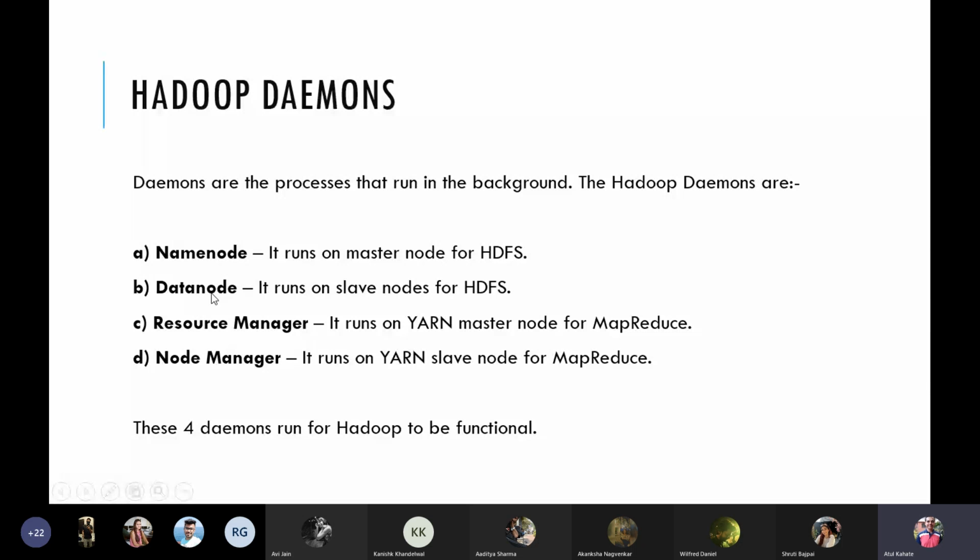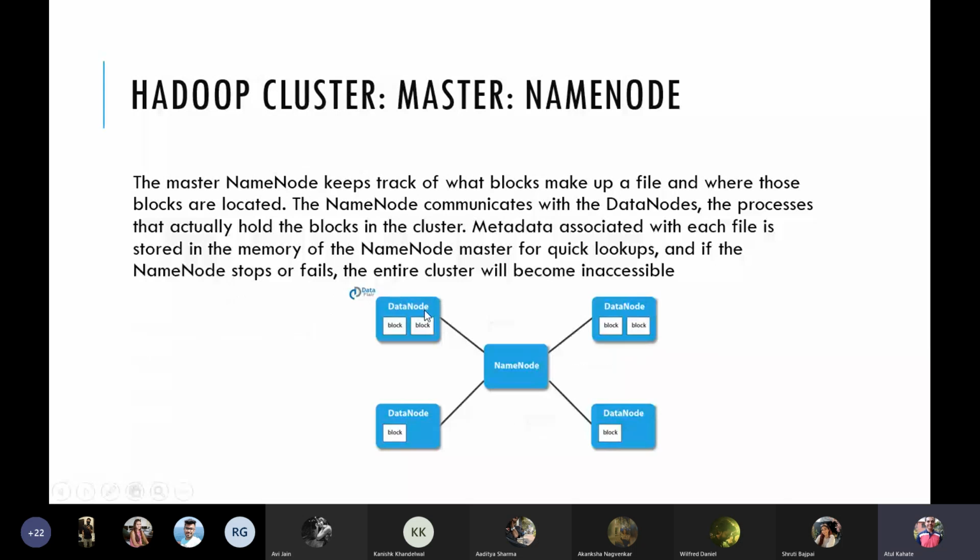Data node is the one which runs on the slaves. The name node is responsible for the creation of any data file and also accessing it whenever the user requires it.